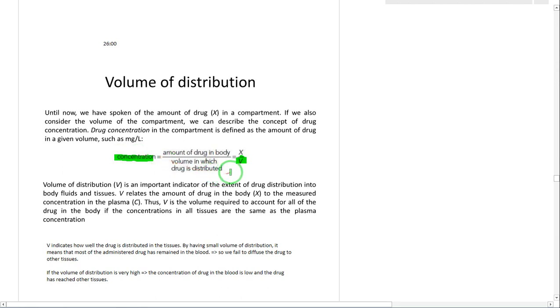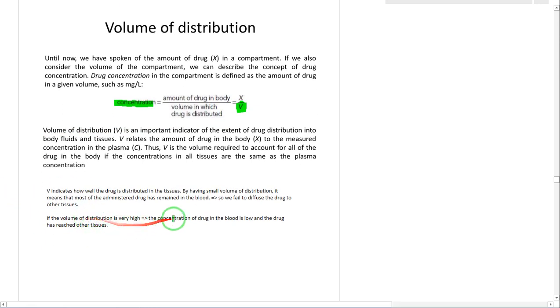Okay, so by this volume of distribution, we can realize how well the drug has been distributed. For example, if we consider the volume of distribution to be very high, we can say that the concentration of drug in the blood is low and the drug has reached other